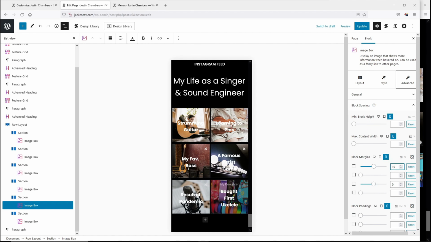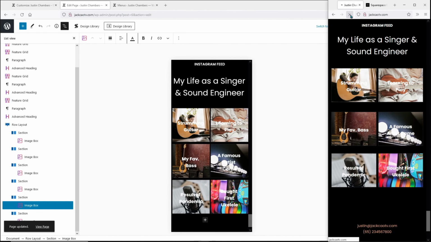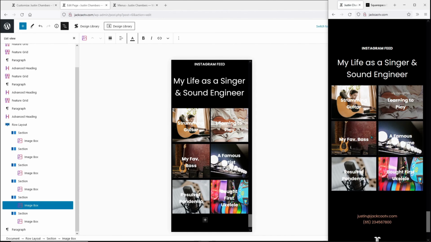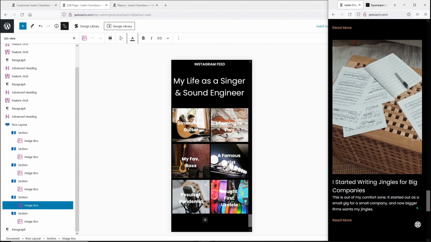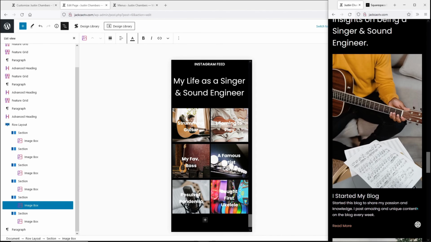And I'm not sure why at the bottom row we need the 10 pixels of gap, while on the other layers we don't need. But anyway, let's just update this and let's refresh this. And as you can see, this looks neat. So we've basically completed the mobile optimization, and now comes the most important part, which is whether or not it